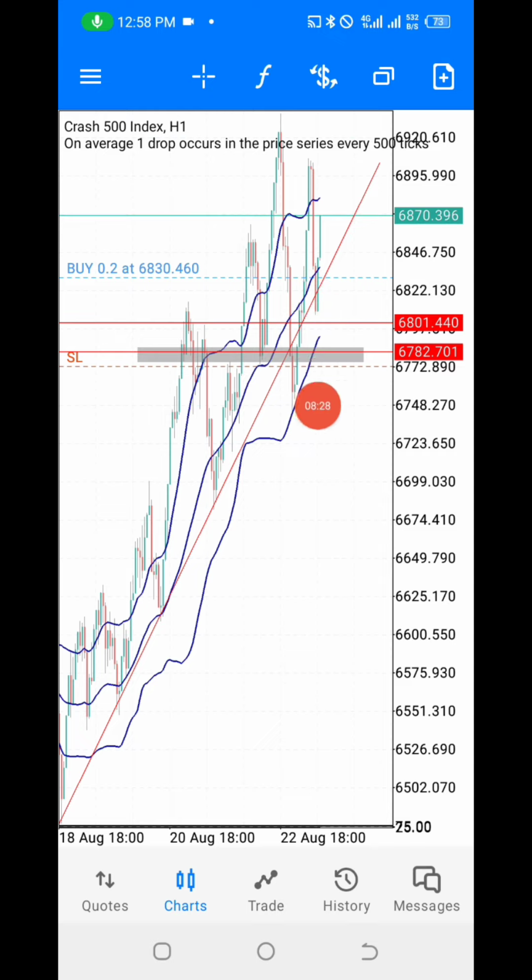Why did I enter the trade? Even though it made a touch here, and one would have been thinking that it would still come down to make a touch or to retest that outer line to the downside again. But why did I enter? That's where this